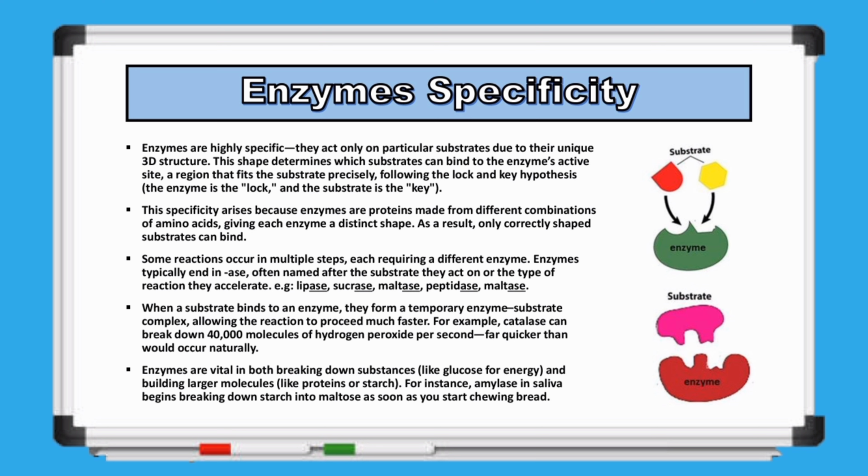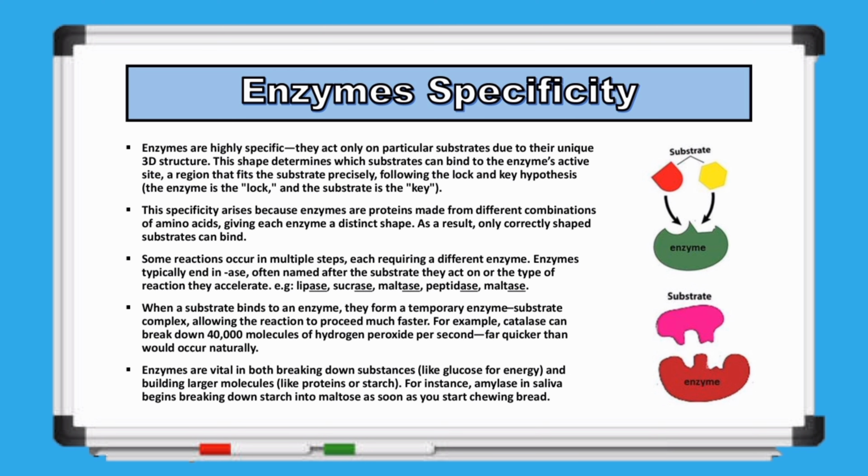To give you an idea of how fast this can be, catalase, an enzyme found in many cells, can break down about 40,000 molecules of hydrogen peroxide every second. Without the enzyme, the reaction would be way too slow. And finally, enzymes can be specific to the type of bond they break, or the type of molecule they build. Take amylase, for example, it's an enzyme found in saliva that breaks down starch into maltose, a sugar that's much